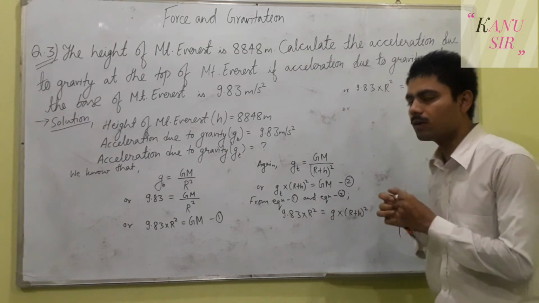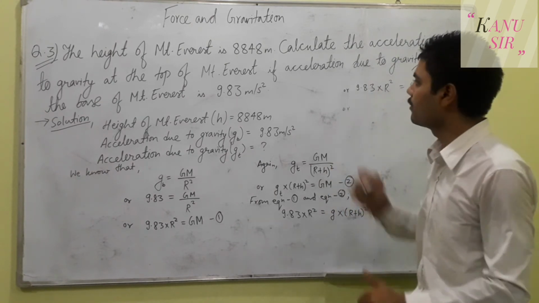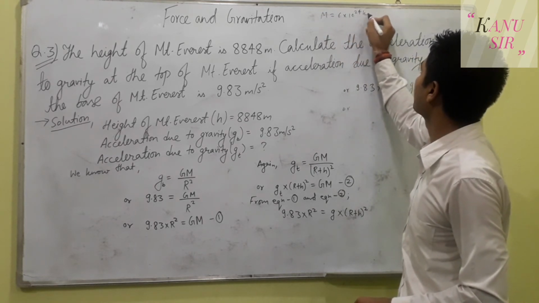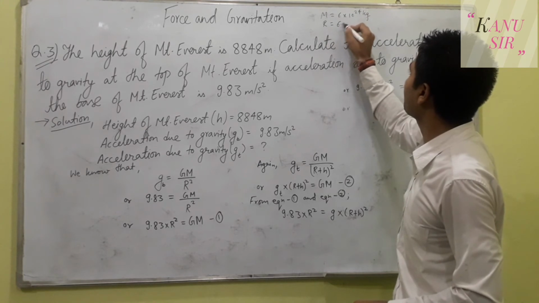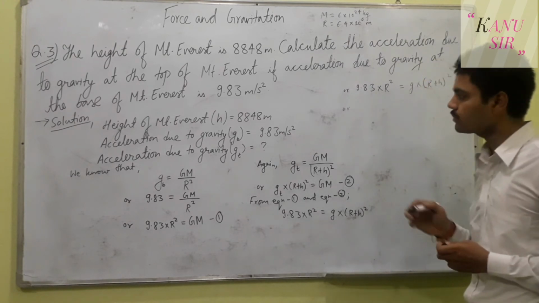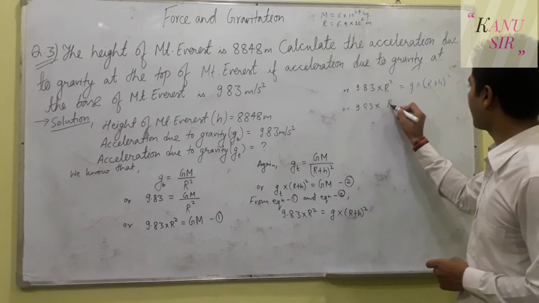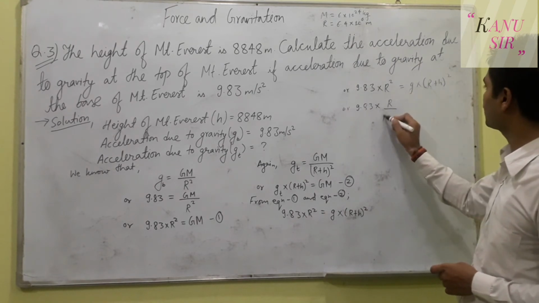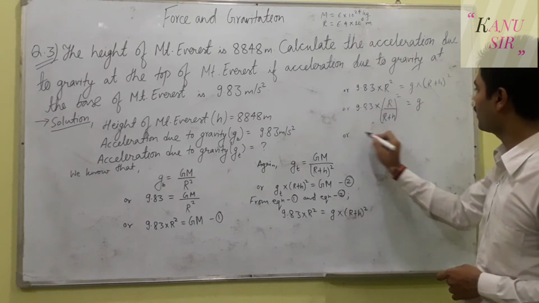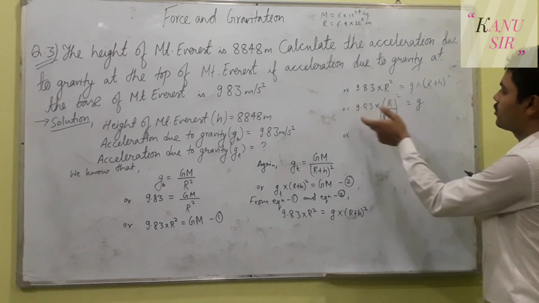And one more thing, you must know the radius of the earth and the mass of the earth. You must memorize it very clearly. The mass of the earth is 6 into 10 to the power 24 kilograms, and the radius of the earth is 6.4 into 10 to the power 6 meters. So we can put the value of r. Okay, let us adjust the formula first. (R plus h) whole square is equals to g, or you can change the position. You can keep the right hand side to the left hand side and the left hand side values to the right hand side.